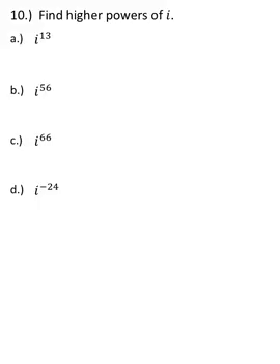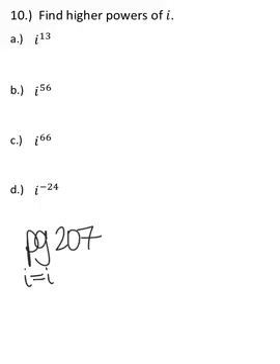To find higher powers of i, it's going to be helpful to use the table on page 207 and think about how you could remember the pattern. So we'll start by saying, of course, that i equals i. Then next is i squared, which we know is -1. i to the third equals -i, and then i to the fourth